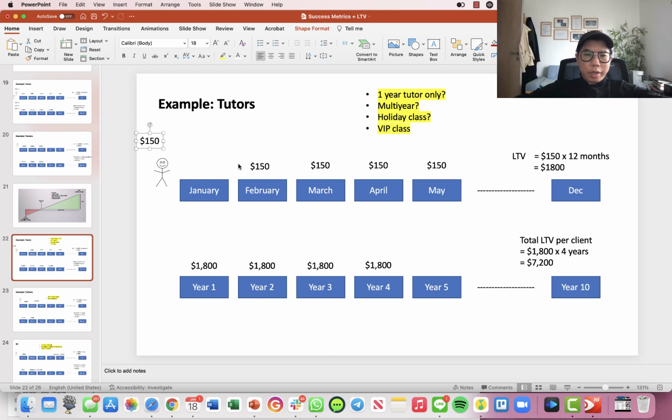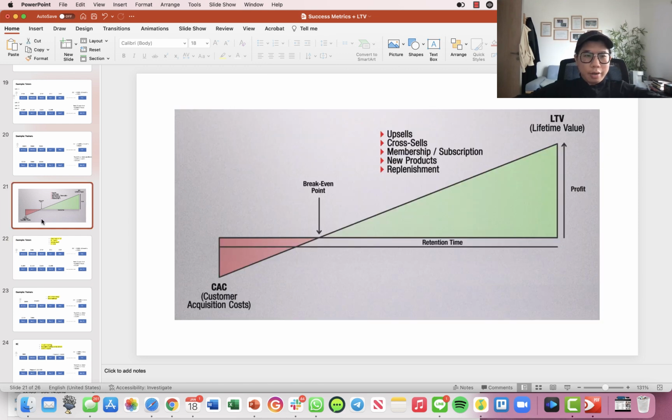But you know that they will pay you on the second month again. They'll pay you on the third month again. Eventually they will stick with you for 3 years or 4 years. Then you will know that even though I don't make money on the first month, it's okay. I will know that I'll make for the second month and up until 4 years onwards. So that's actually something that you need to have, because if you do not understand the LTV, right, then you